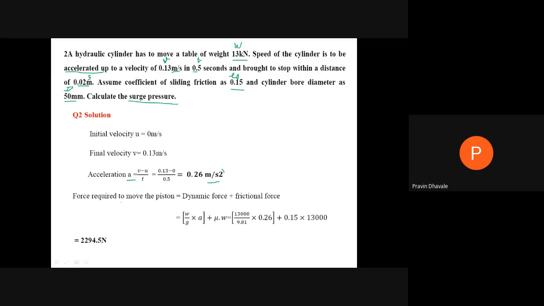First, you have to calculate the force required to move the piston. What force will be required to move the piston? It is the addition of dynamic force plus frictional force. Dynamic force is calculated by this formula: W divided by g into acceleration. W is the weight, 13 kilonewton converted into newton, 13,000. g is the acceleration due to gravity, 9.81. a is the acceleration, its value is 0.26. Right? Plus